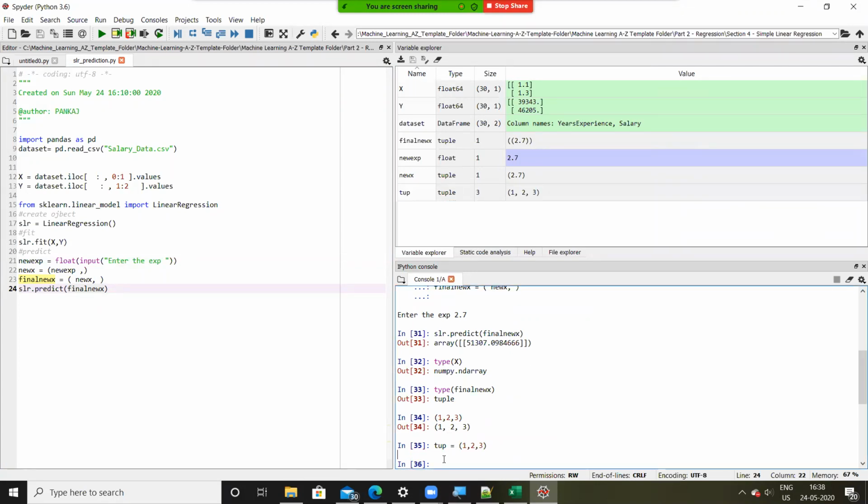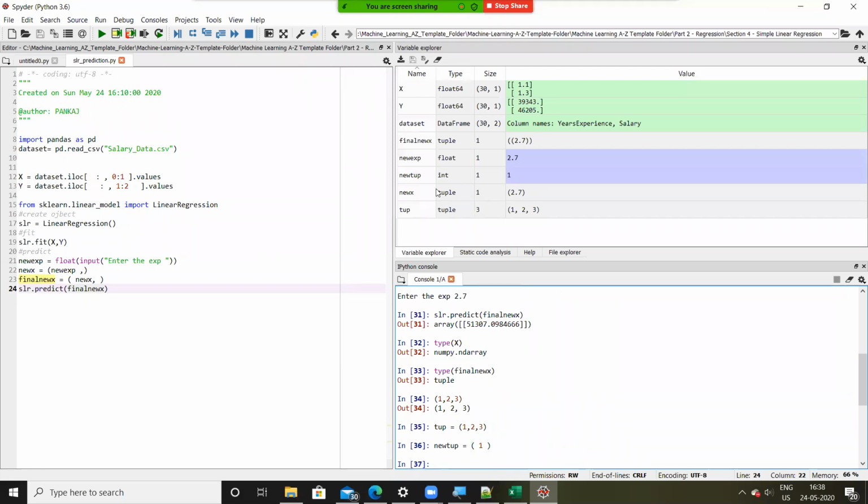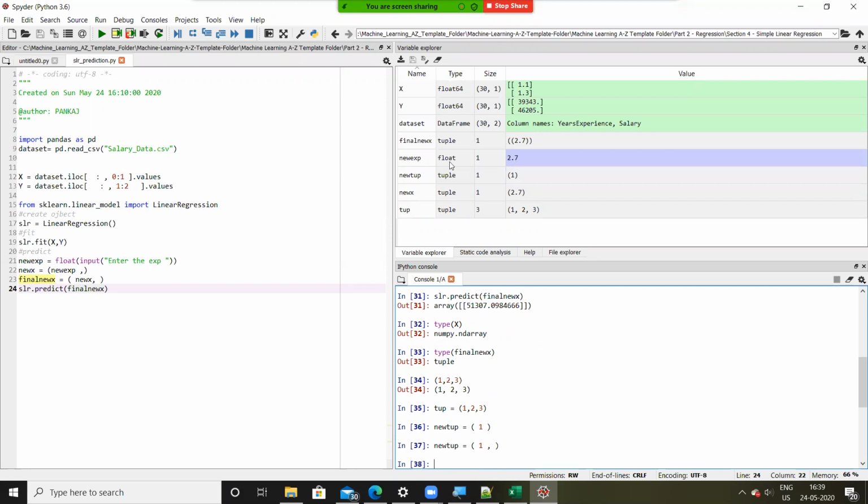But when you are having only one value in a tuple, let's say new tup is another variable, then you have to use a comma here. If you don't use a comma, it will treat this as your regular variable. So you can see new tup is being treated as an integer, not as a tuple, because we have only one value. If we want to create a tuple out of it, we just have to put a comma here, and then it converts new tup into data type tuple.